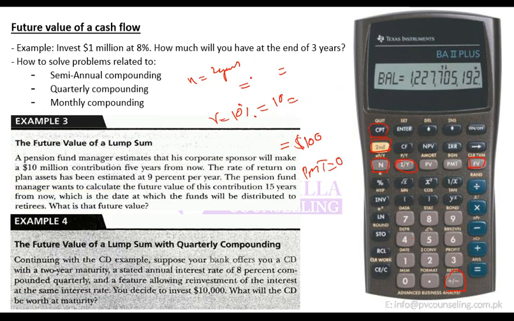So this will be 2 into 12, which is 24, and this will be 10 divided by 12. 2.67 should be the answer. 0.83%. And when you plug this in and calculate, FV should now be even higher, approximately near 122, or maybe higher than 122, I think 122.1 or 122.2, something like that.